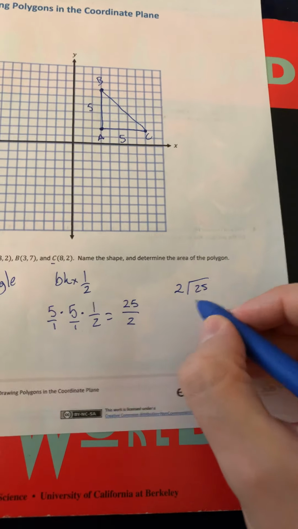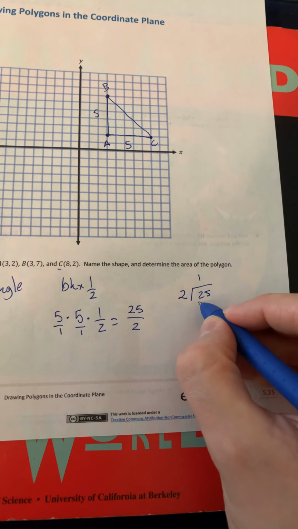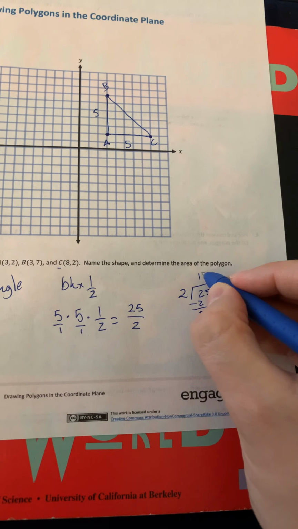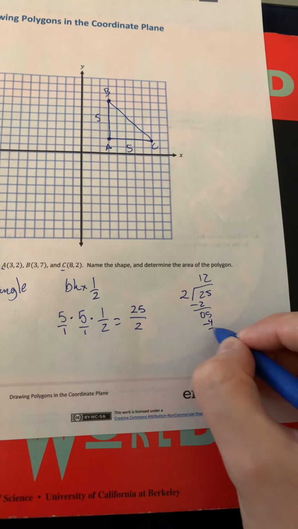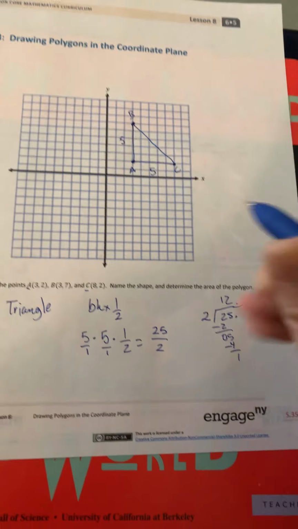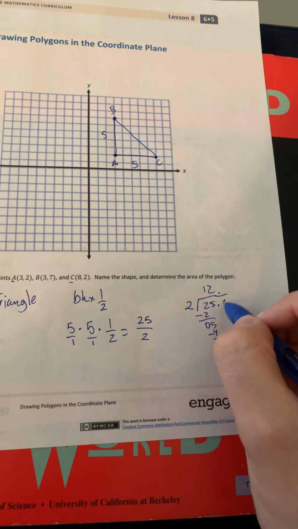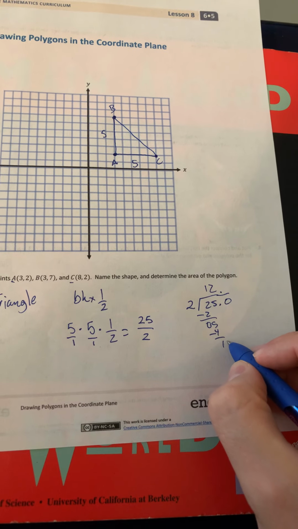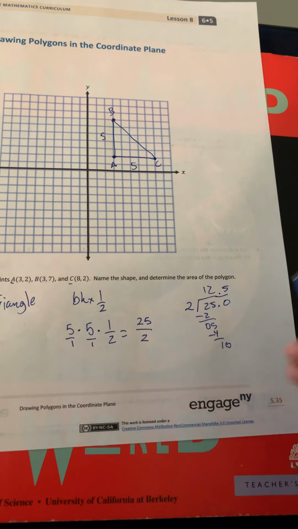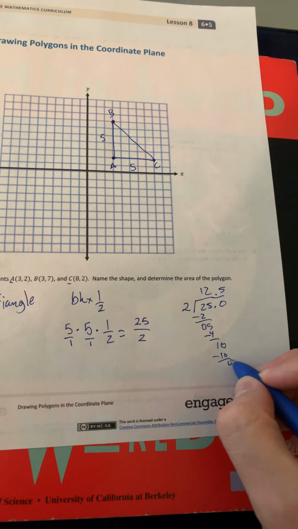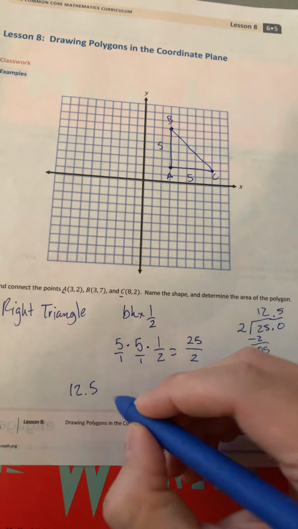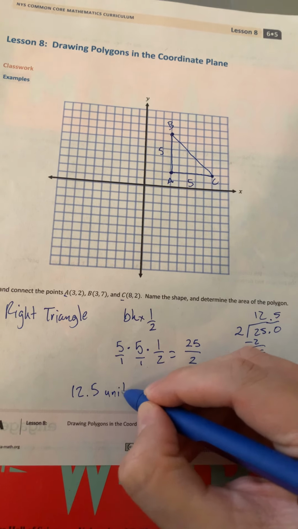2 goes into 2 one time, which is 2. Remainder 0, bring down the 5. 2 goes into 5 2 times, which is 4. Remainder 1. I'm going to borrow. When we're working with coordinate planes, we always use decimals. It's more precise and easier to work with. 2 goes into 10 5 times. And here you go. That's the area of the triangle, which is 12.5 units